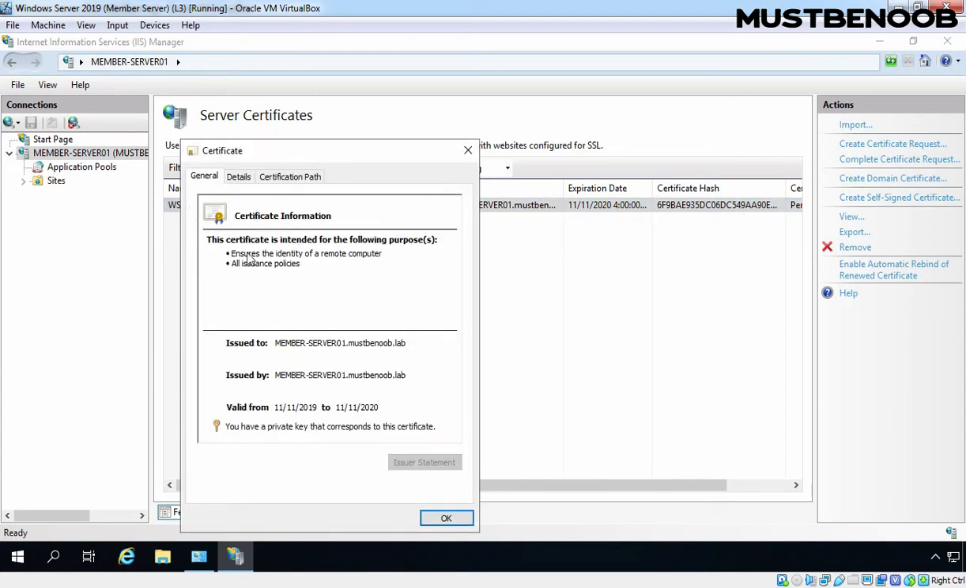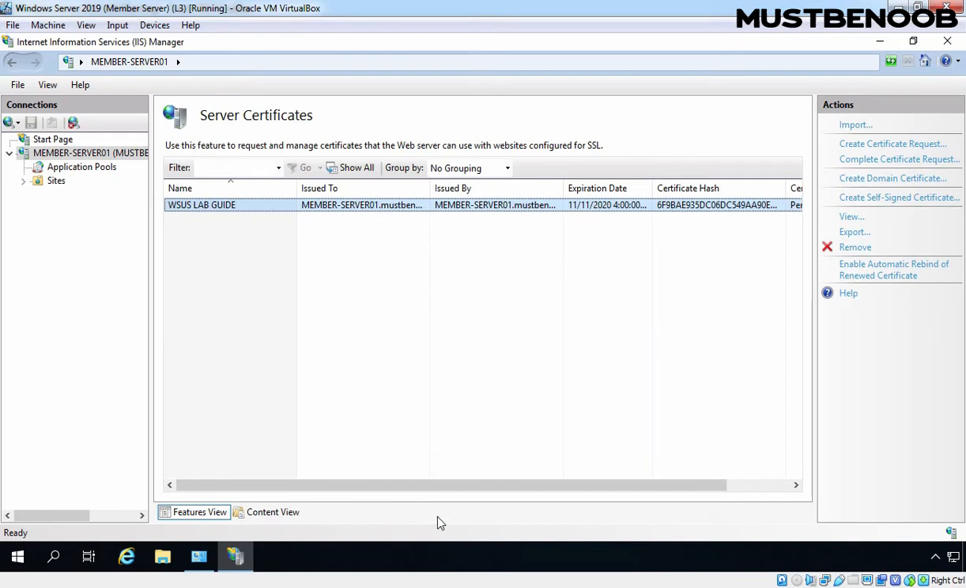Let's double click on it. You can verify that this certificate is issued to member-server01.mustbenoob.lab and issued by the local server itself. Click on OK. Once you have a self-signed certificate for WSUS server, our next step is to bind the SSL certificate